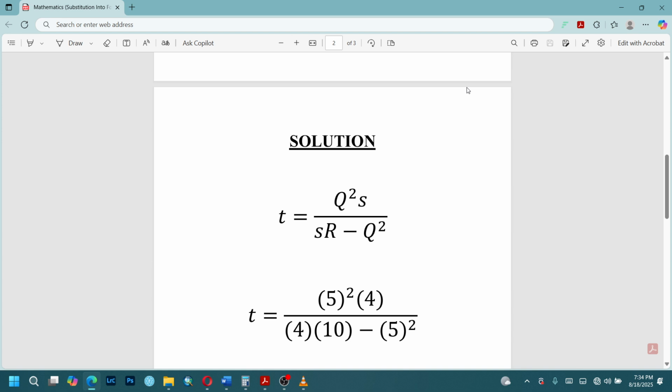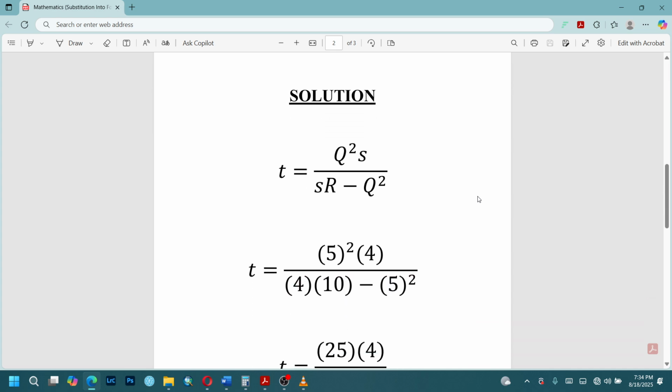and minus 5 square, right? So let's quickly break down